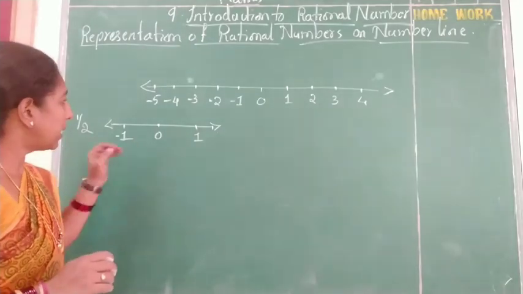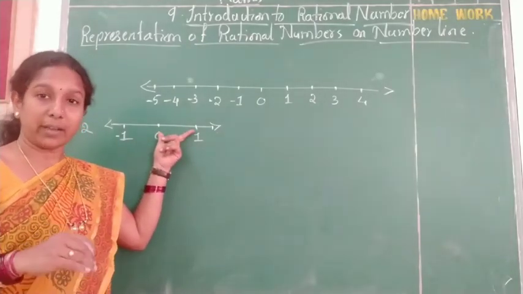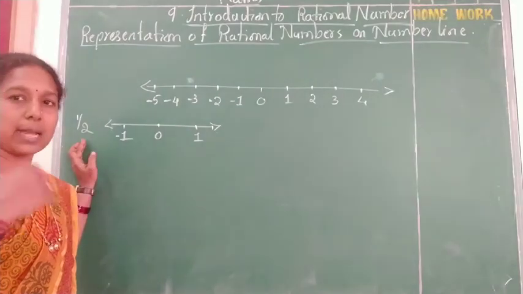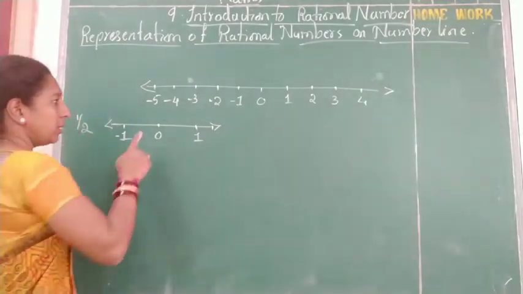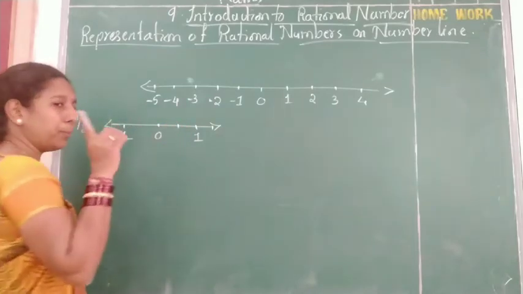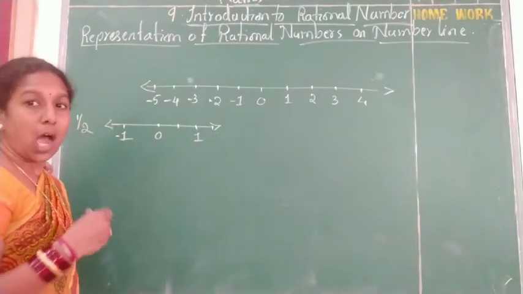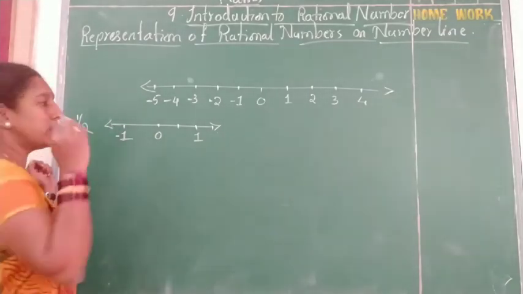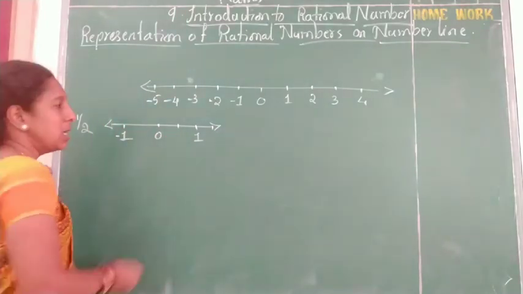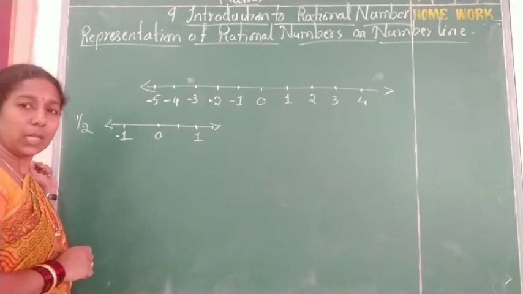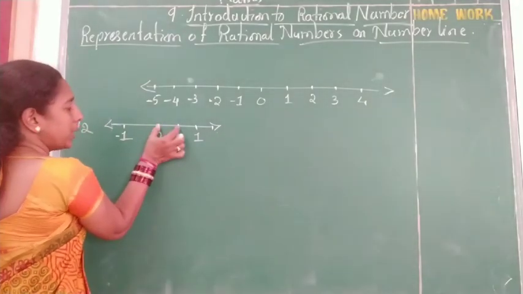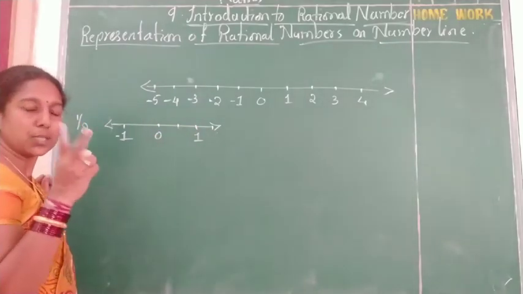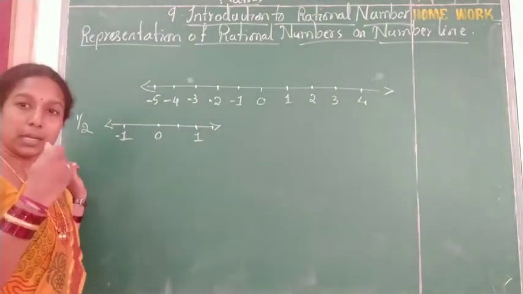Here already 1 point will be there. So what will I do? I will do less 1 here. 2 is there in the denominator, less 1 is 1. So in between these two I will put only 1 point. Why am I subtracting 1? How many points we have to put, we sometimes forget. So I subtract 1, so that is 1 point in between 0 and 1. Now how many parts did I get here? 0 to 1 is 1 part, this one is 1 part. So here I got 2 parts. Because of that purpose only I have taken less 1.